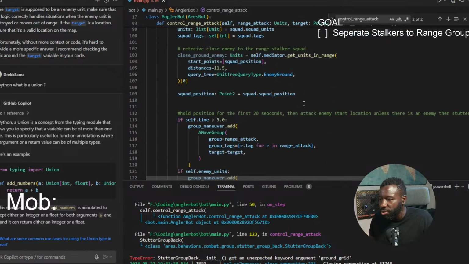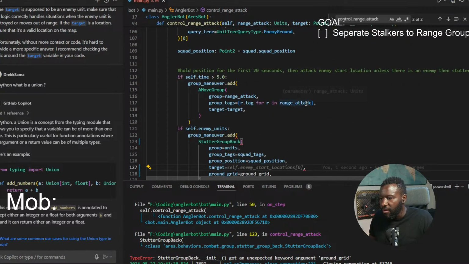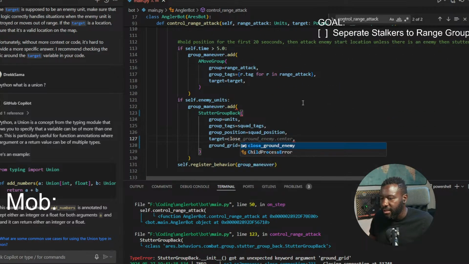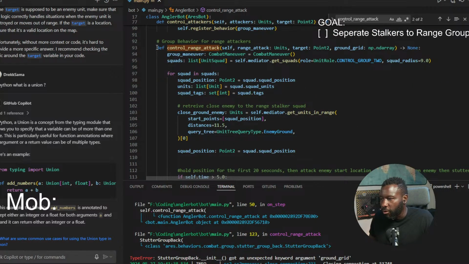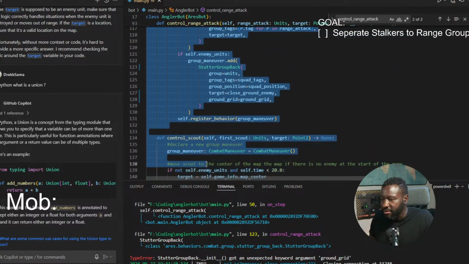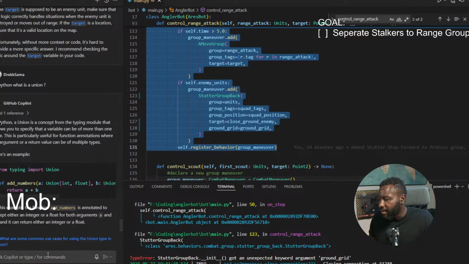What if we did this? Let's try this. Let's try something before. So close, say close ground enemy, don't do center. I want you to do something for me, Copilot. I want you to take something. I want to take a look at this. I want to do this. Okay, let's do a Hail Mary here, guys. Let's try a Hail Mary. Let's say,